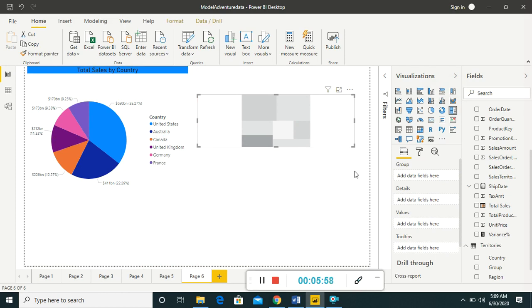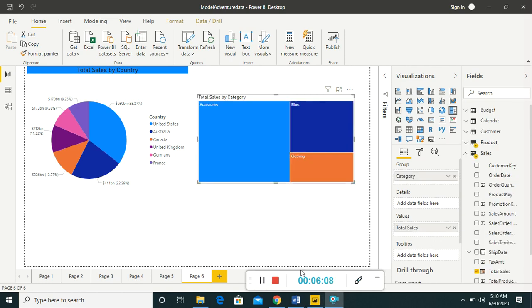So now I am going to show total sales in each category in this tree map. I have moved category from the product table to the group field, and I move total sales to the value field.